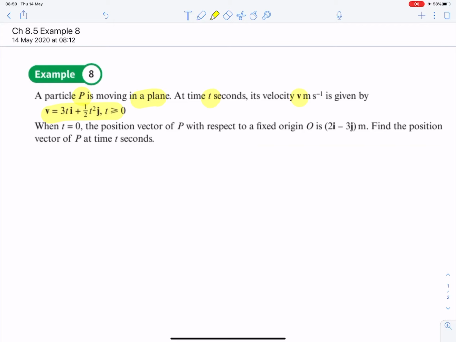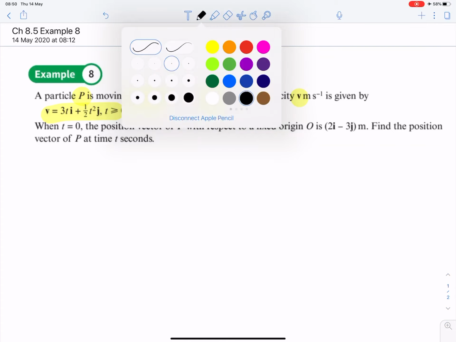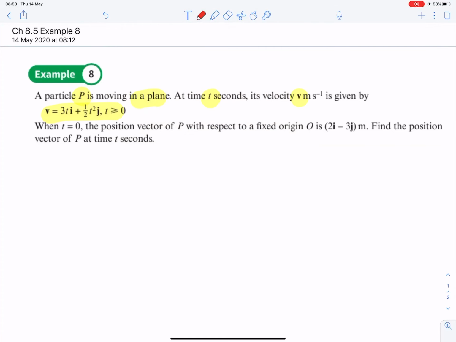So we can tell that it's a vector context and that the acceleration is a function of t. So acceleration is a function of t, therefore not constant acceleration